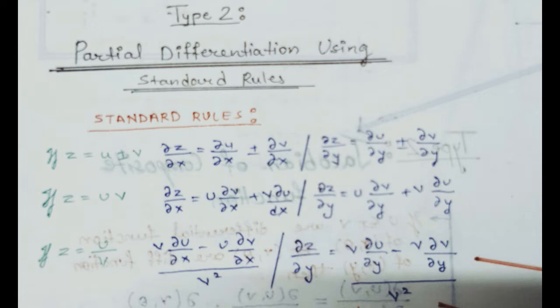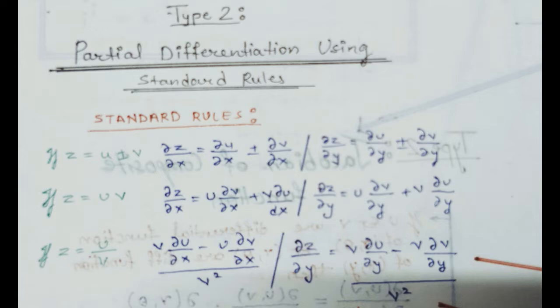Now if z is equal to u into v, then dou z upon dou x can be written as u dou v upon dou x plus v dou u upon dou x. Dou z upon dou y can be written as u dou v upon dou y plus v dou u upon dou y. And if z is equal to u by v, then